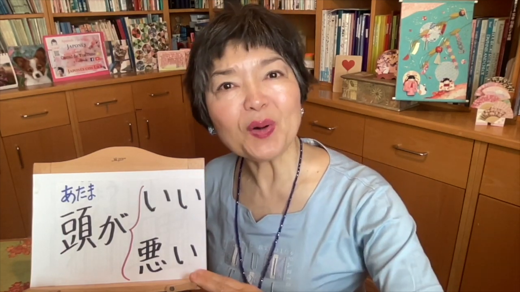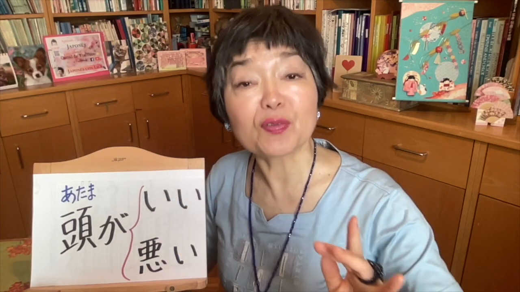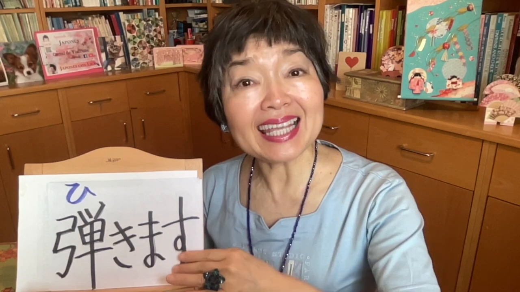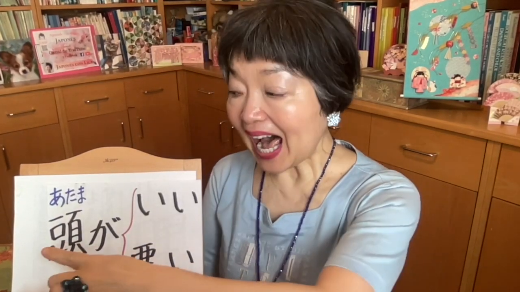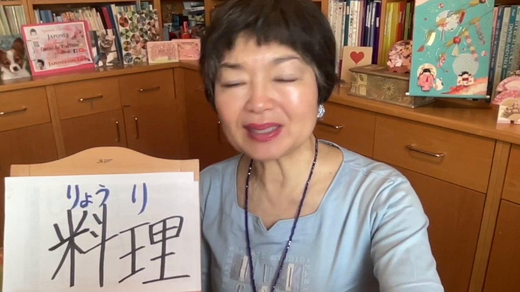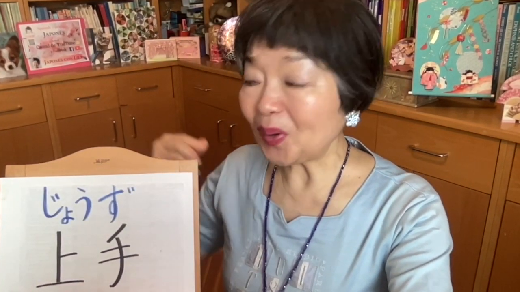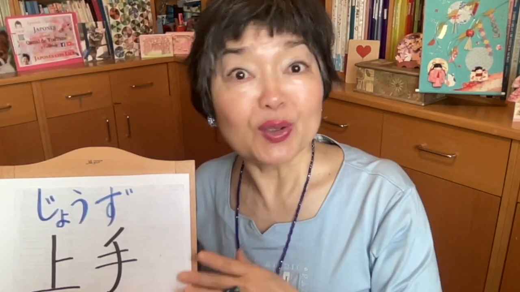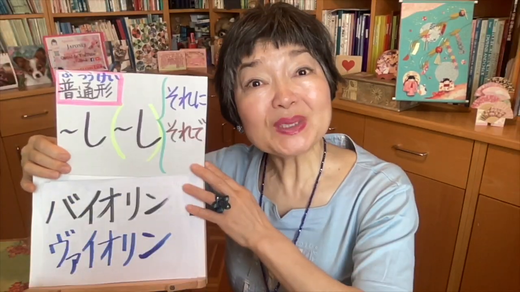Te form can be used to unite phrases. 鈴木さんはバイオリンも弾けて頭もよくて料理も上手です。